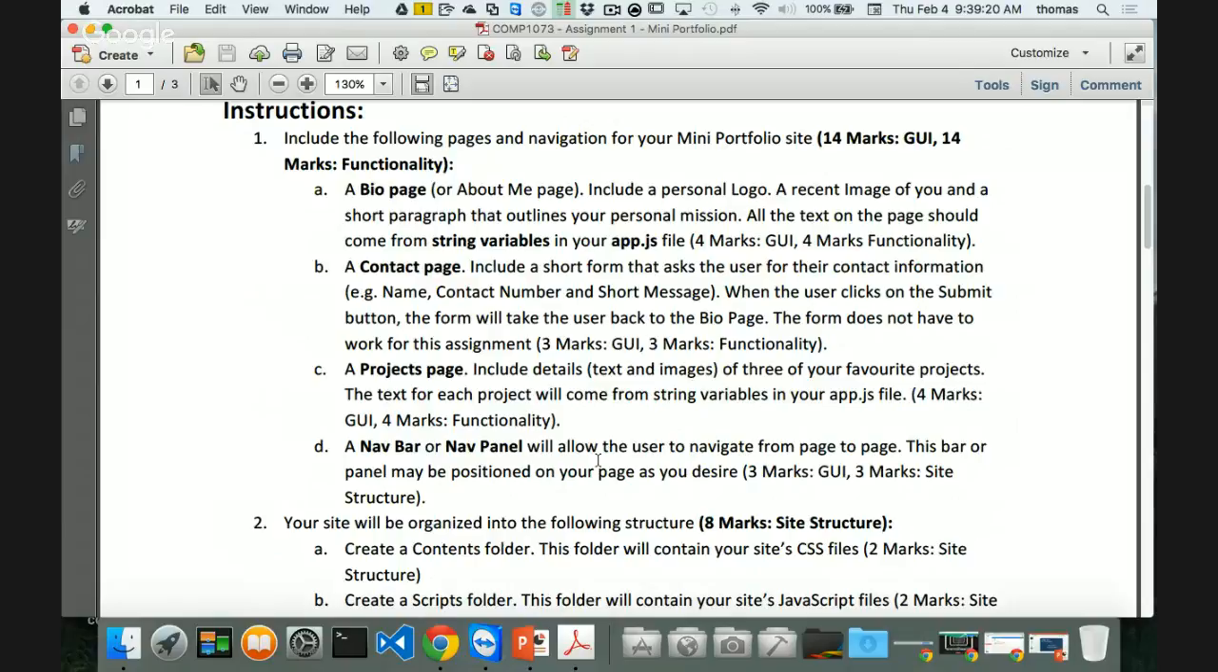So I'm getting really generic here. I mean, you can make it so it's a nav panel on the side. You can make it so it's a floating nav panel. Do whatever you want to do. Be creative, because this is, you know, the beginning maybe of a portfolio site that we're going to kind of,